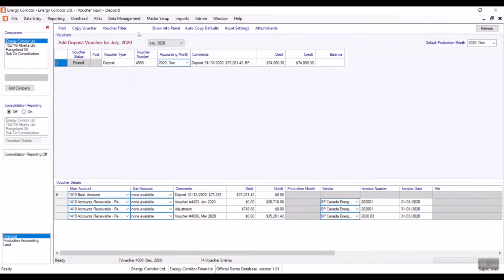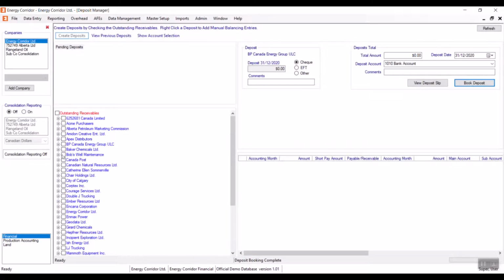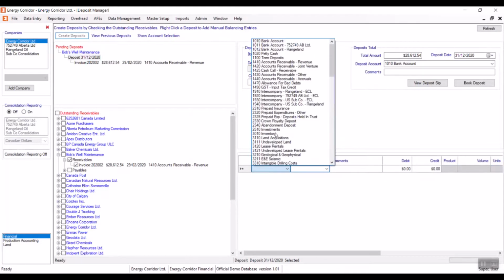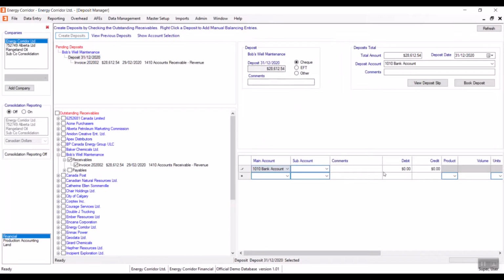Okay, now I'm going to show you another situation if you have to make an adjusting entry. So we'll pay this invoice for Bob's well maintenance. Now for some reason they like to round things, so they rounded the payment from $28,612.54 to $28,613. So what we need to do there, you select the deposit, right click it, add balancing entry, and we're going to adjust it by 46 cents